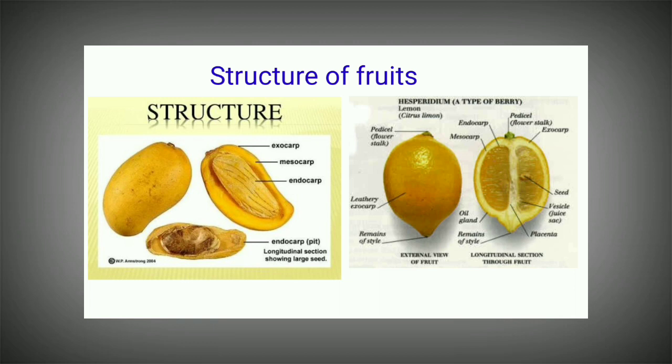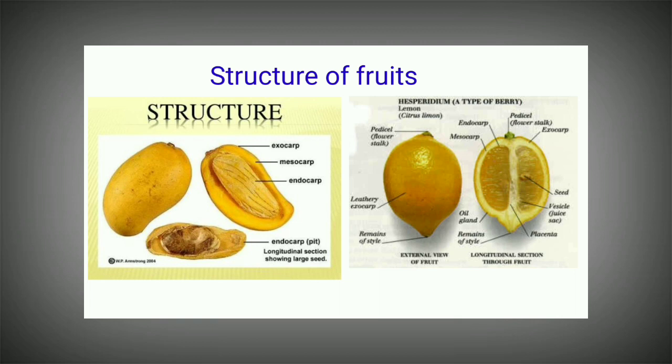Development of fruit is stimulated by the auxin secretion in the ovary, and we can see that the fruit gets developed and ripened, and this ripening is because of plant hormones called ethylene and cytokinin. After the fruit is matured, the physiological process of ripening generally starts, and in this process the starch is converted into sugar. In that way we can have different colors, taste and texture of the fruit that was described just now.